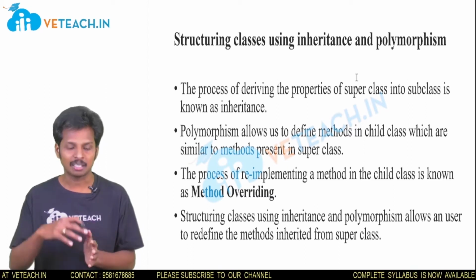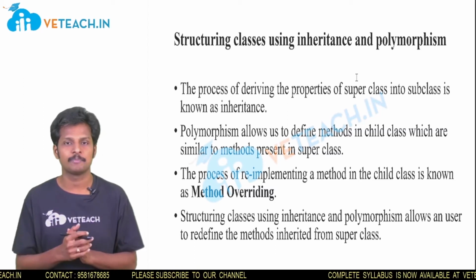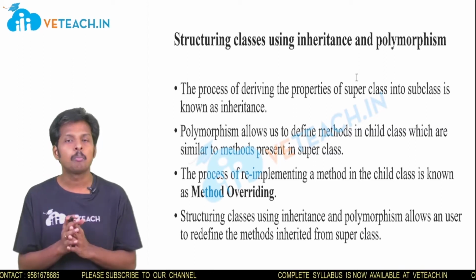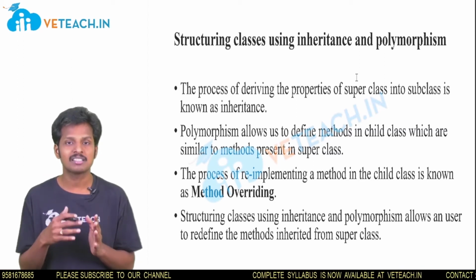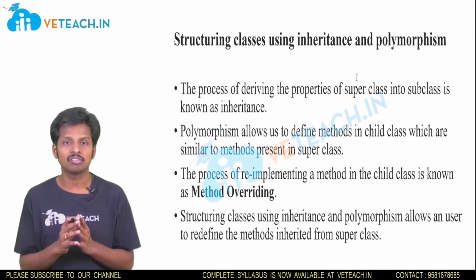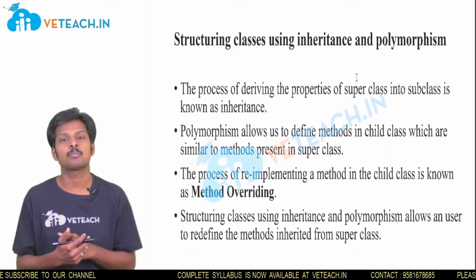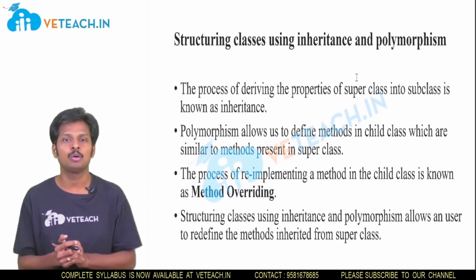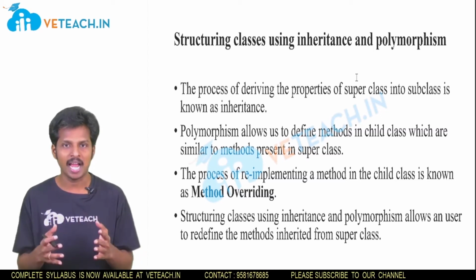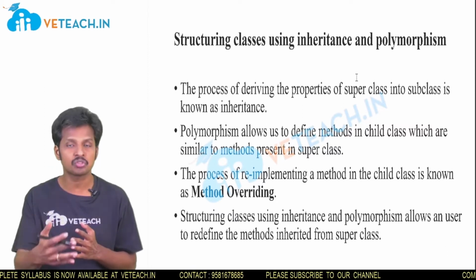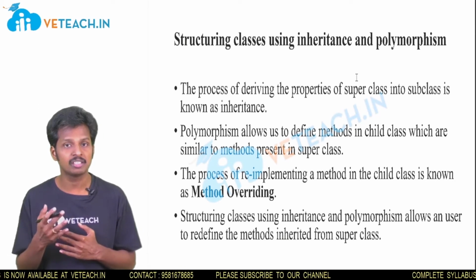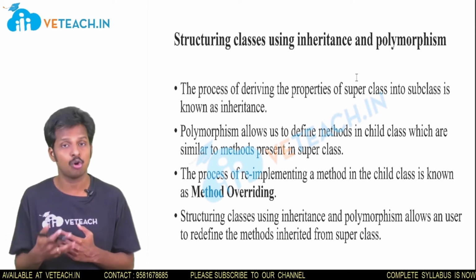This is one thing. And coming to polymorphism, what is polymorphism? Polymorphism can be divided in two parts, poly and morphism. Poly means many, morphism means forms. Polymorphism means the existence of one thing in many forms. A simple example for polymorphism is the plus operator, which is used for addition of two numbers or float values. It can be used for concatenation of two strings also. And by using operator overloading, we can redefine the meaning of the plus operator also.